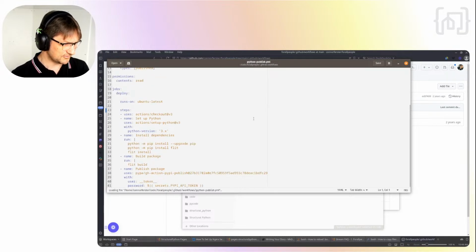All right. Now I believe there shouldn't be any changes here. Flit, upgrade pip, flit install the package, flit build. Make sure I can install it, then build it, and then publish the package with GitHub Actions, and then to